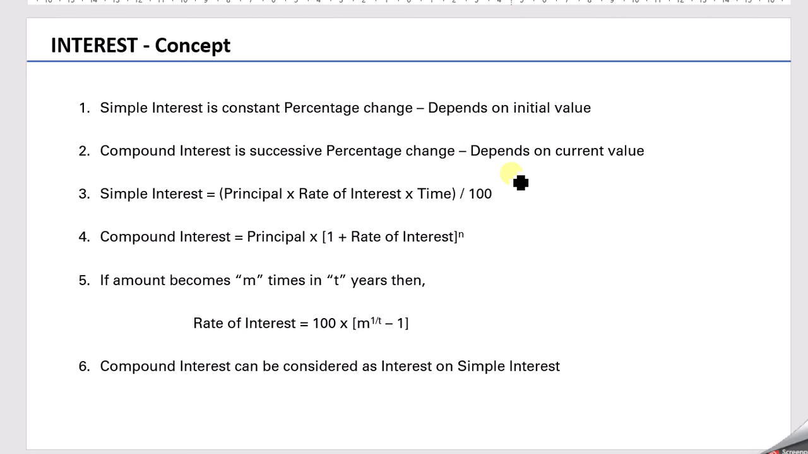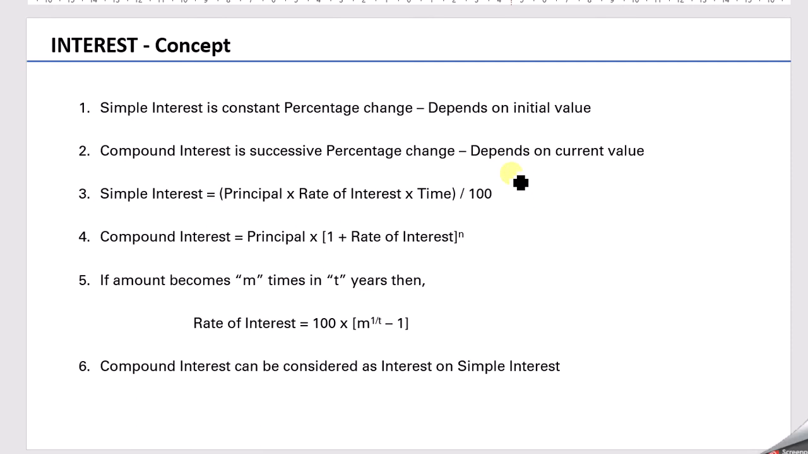We all might have read it somewhere or have come across the formula for simple and compound interest, which is basically simple interest is equal to principal into rate of interest into time upon 100, and compound interest here is principal into 1 plus rate of interest raised to n